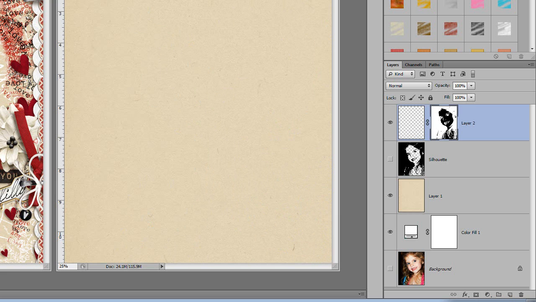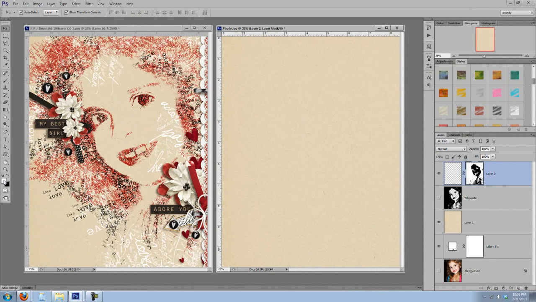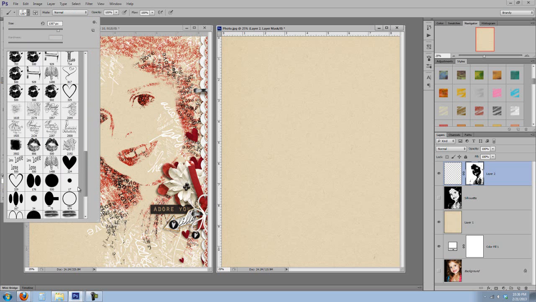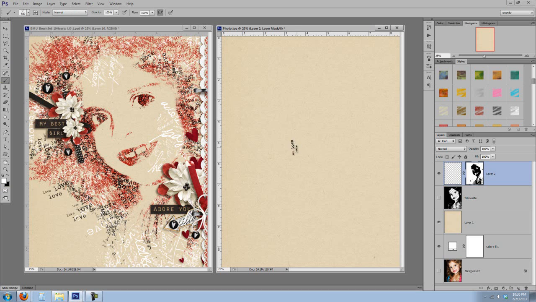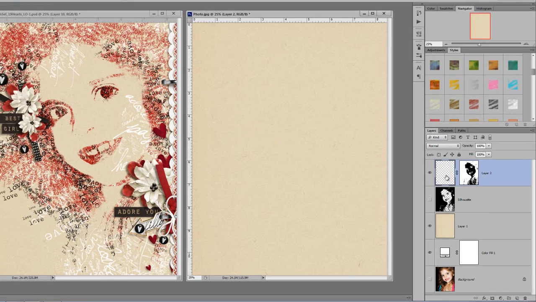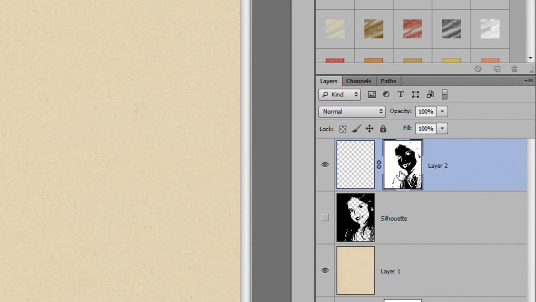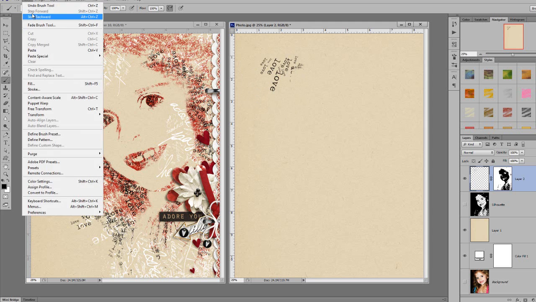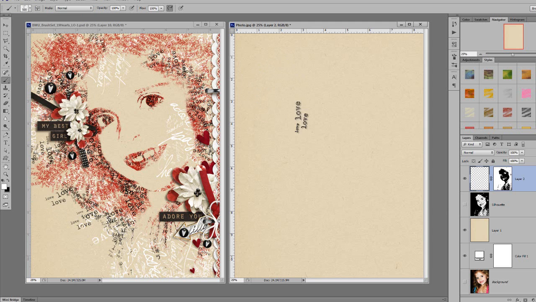So we can start brushing. I'm going to change my foreground color to white, and I'm going to select my brush. Make sure you click back to the blank layer, because you may be on the mask layer and you don't want that. When you click there, you'll see the little black line go back around it so you know you're in the right area. And then I'm just going to start, well, I wanted that in white. I am going to start just randomly